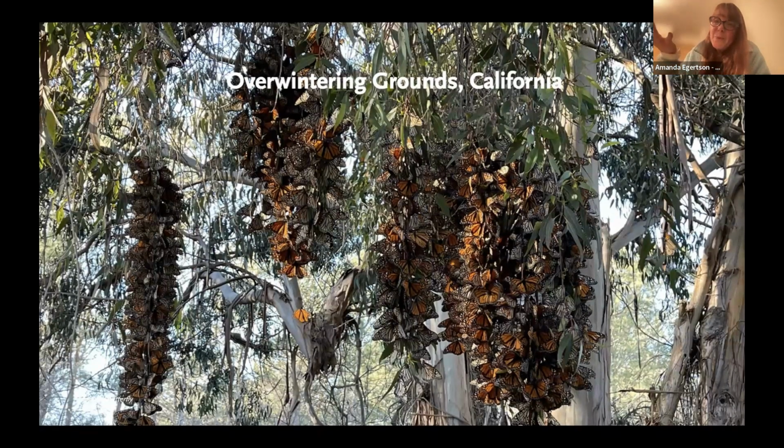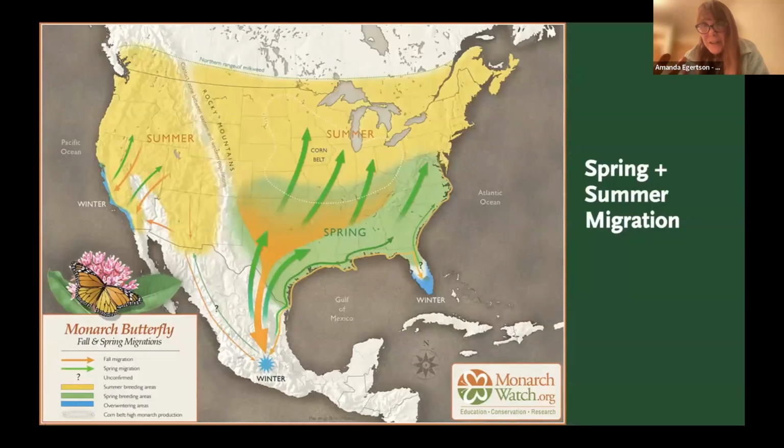And then as spring comes and the days are getting longer and the sun is getting warmer and hopefully some milkweed is starting to pop out of the ground, they start to get the feeling like, okay, it's time to find a mate and lay eggs. So these monarchs, the super generation that flew all the way to the overwintering ground and survived the entire winter, are now like, all right, it's time to go. So they travel a little inland and a little north in California, find a mate, lay eggs on milkweed, and die. And then the life